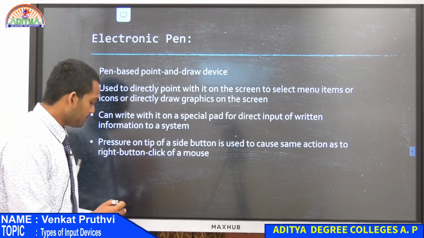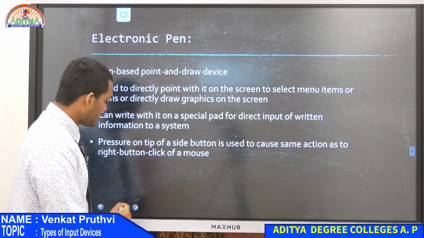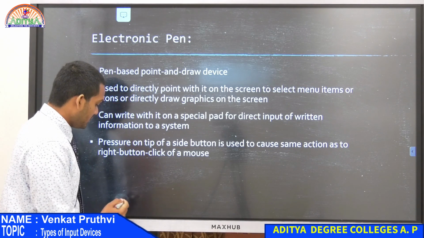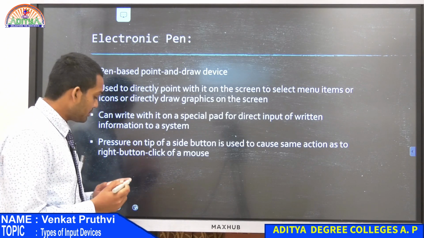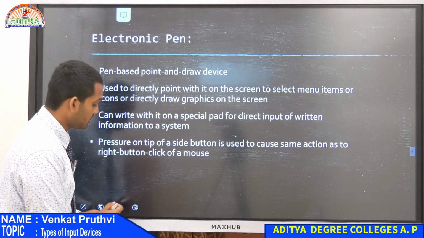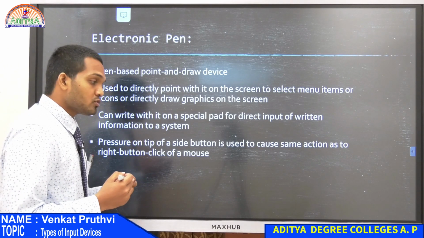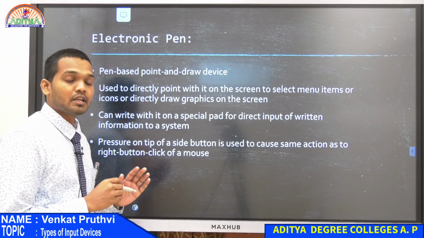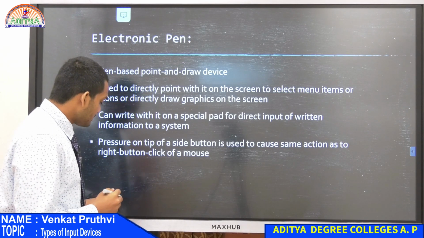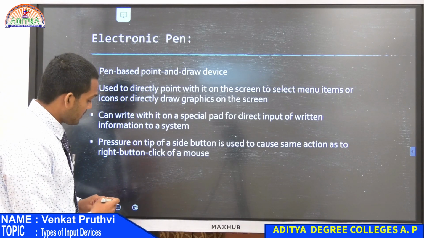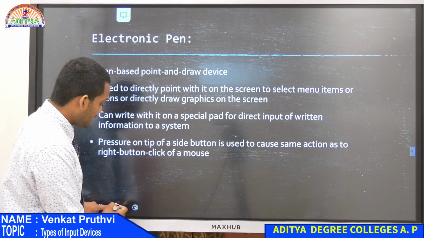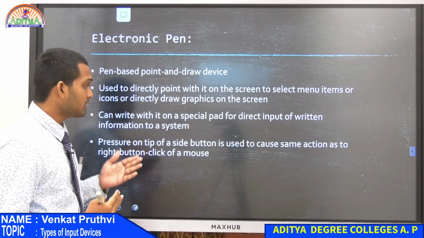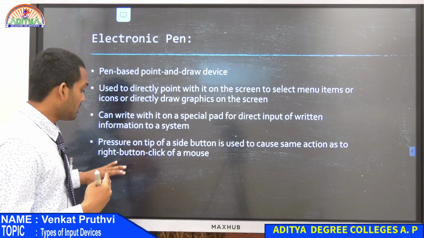Now with the electronic pen, you need not directly click on the screen. That is not required actually. When you have this option here, if this laser beam is pointed onto this option, the computer screen and the circuit inside this electronic pen used to understand each other. They can communicate with each other, and wherever the laser point is pointing on the screen, the computer used to identify that part, because there is some light change or brightness change happening on your screen.